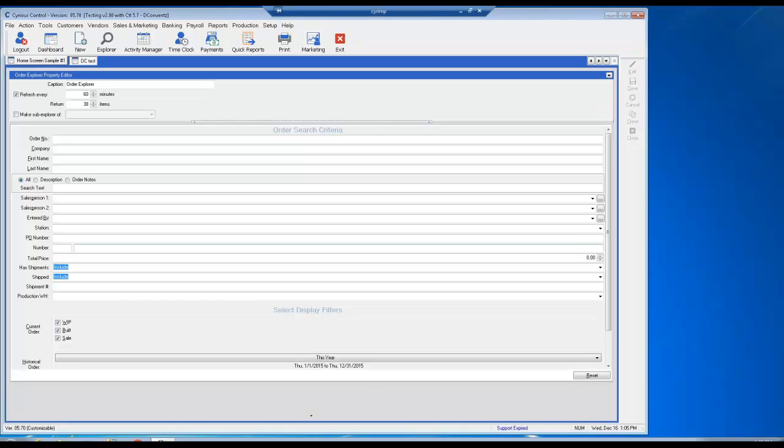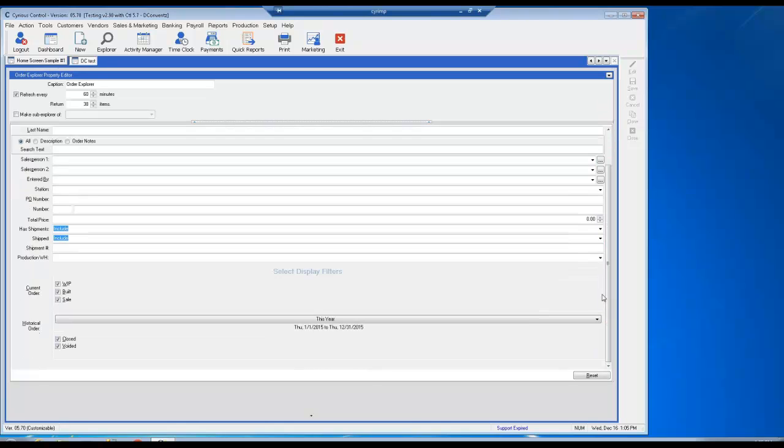This is now opening up an Order Explorer very similar to what you're familiar with in the Order Explorer view. And that allows me a chance to select other filters and fields. So if we're thinking of production, which is a common use for dashboards, I might just want to look at WIP orders. In that case, I could say I only need to look at WIP, uncheck the other filters, change the time frame. Maybe I need to look at all WIP orders,